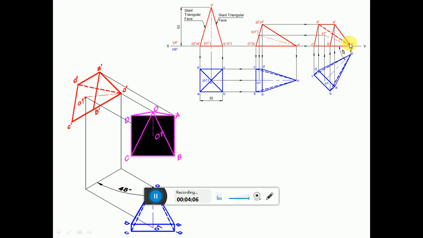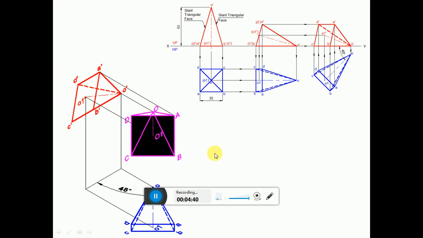So then you apply the condition of visibility. So what is the condition of visibility? All the exterior edges of the boundaries of the solids are visible. So that means O dash to C dash, C dash to D dash, D dash to A dash and A dash to O dash, all are going to lie on the exterior edges of the boundaries of the solid. So you dot them. Then when you look from the front view, ABCD is near to the observer. So that means when you look from the front view, here O is at the rear end and O1 is at the front end.